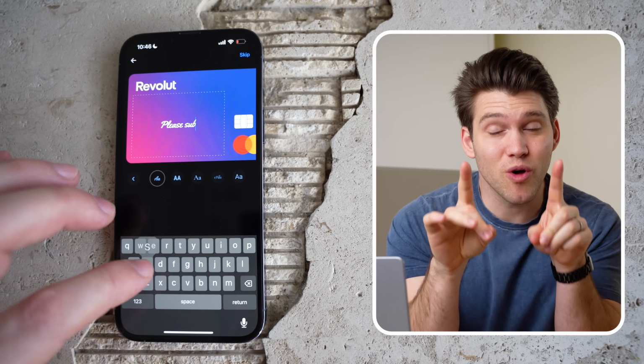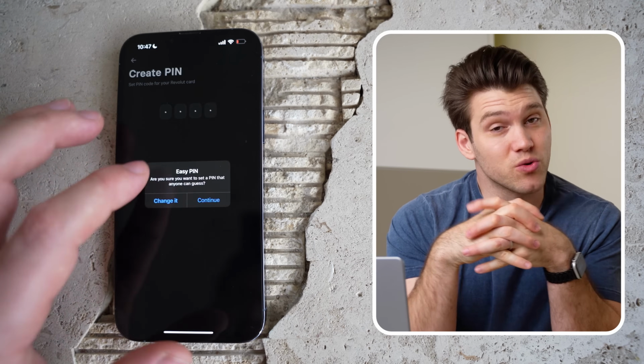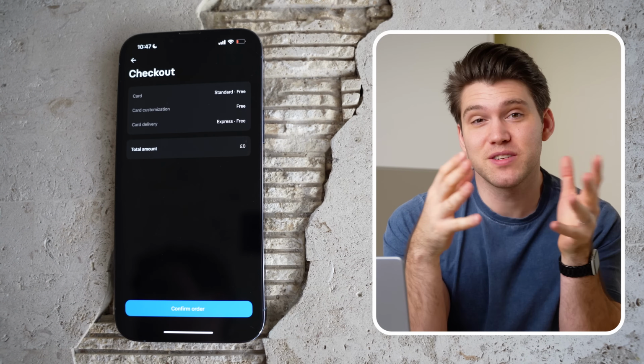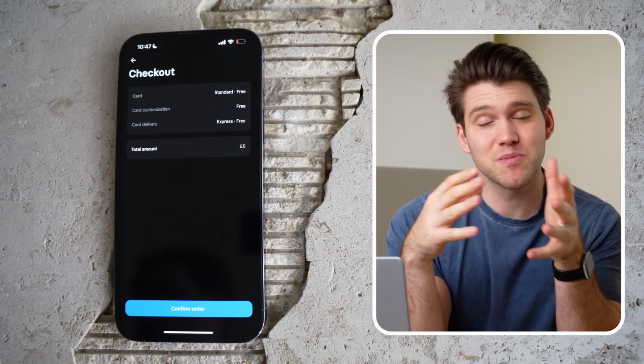Once you've selected the card you want, click the button below. Here you can customize your card, although this may incur a fee. You'll then need to select and confirm your PIN, your delivery address, and then confirm your order. Your card should arrive within 3 to 5 working days, but sometimes this can be as quick as 1 to